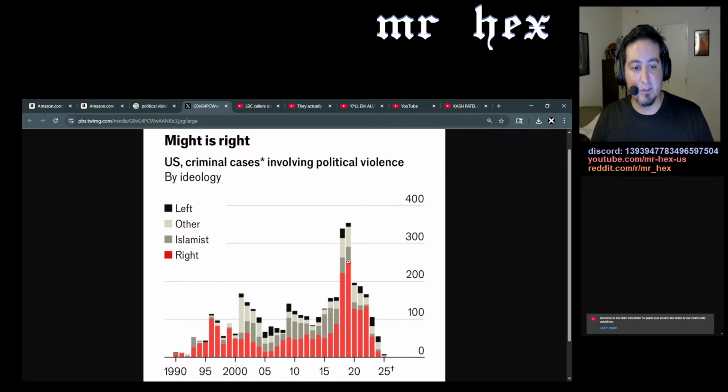Let's take up arms against the government because we don't like the way the government is anymore. We don't like sharing. We don't like democracy. So we're going to take up arms. We're going to use our Second Amendment. We're going to take up arms and we're going to do a violent, bloody revolution so that we can be